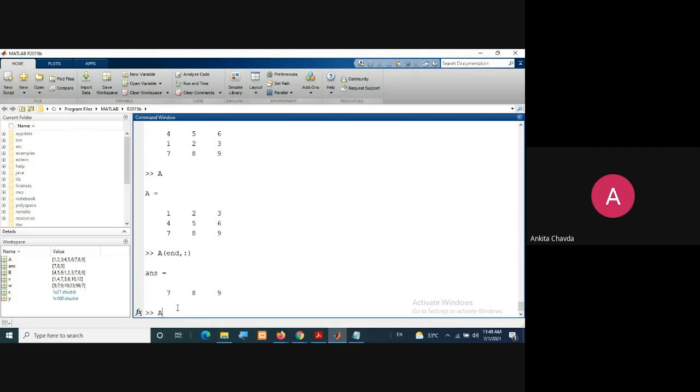Or if I write for every row, I just want the last column, you will get 3, 6, 9, the last column. So end means the last one. Or you can even have it like this, end and end. What will you get? The last row, last column, last element. So that is this. Fine. Try this.